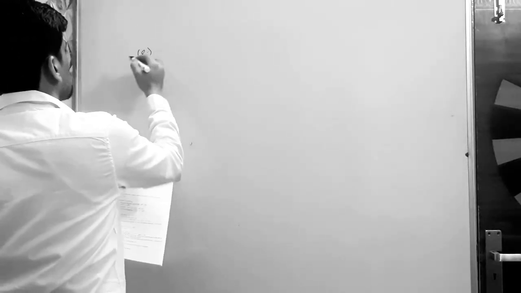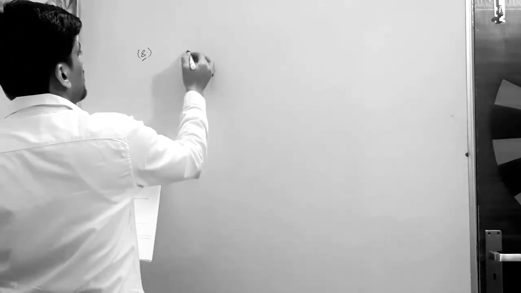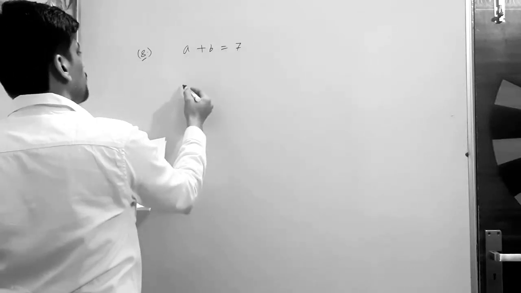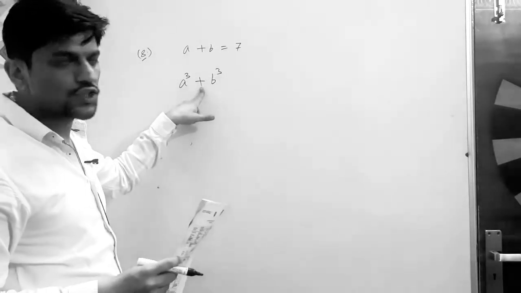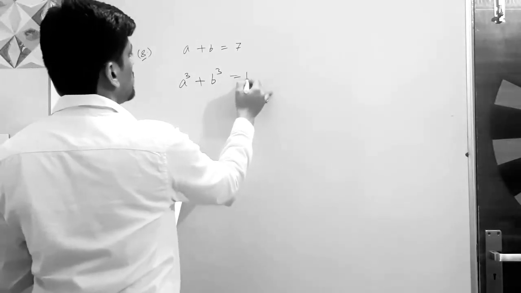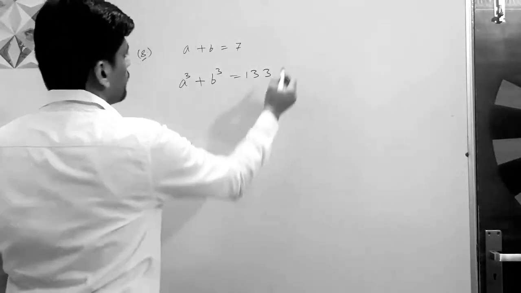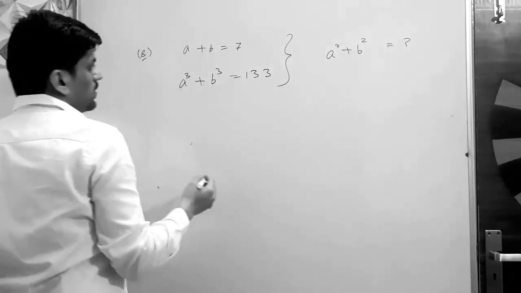Okay, let us do next question. Question number 8. This question says that the sum of two numbers is 7. Let the two numbers be a and b. So their sum is 7. Okay, and the sum of their cubes. So sum of their cubes means addition of cubes, a cube and b cube. So their cubes addition becomes 133. It is given. All right. Find the sum of their squares. So we need to find from the information the sum of the squares of a and b.